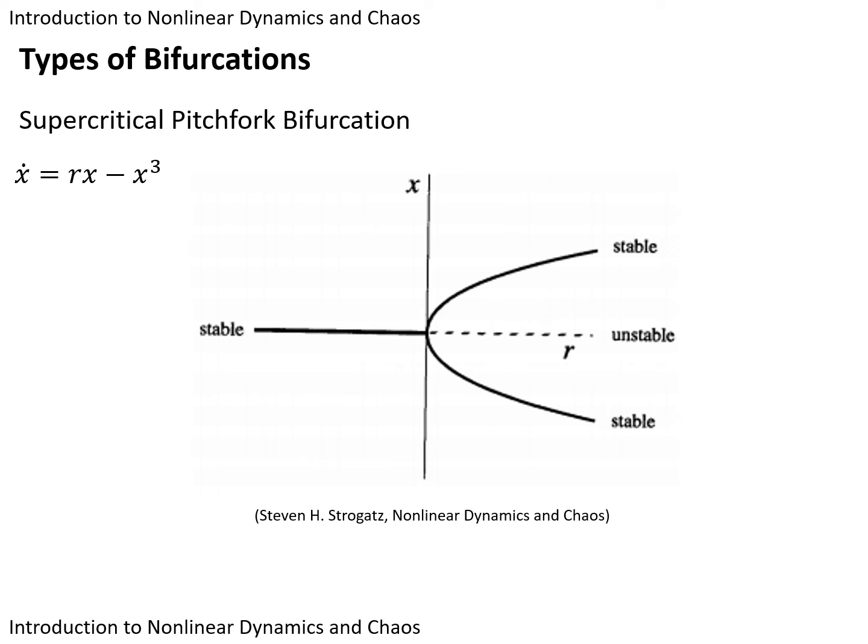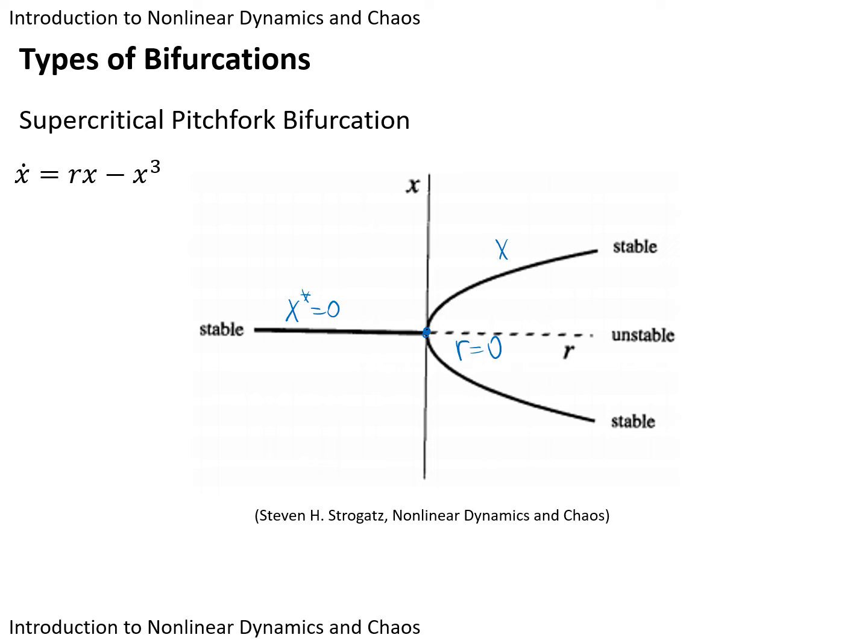Supercritical pitchfork bifurcation. Here we see we have bifurcation point r equals 0. When r is negative, we have only one equilibrium point, x equals 0. After passing the bifurcation point, we have 3